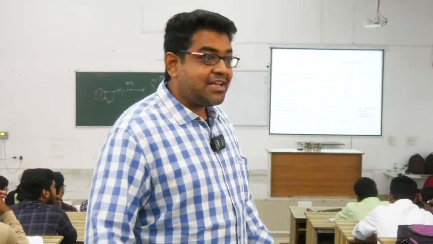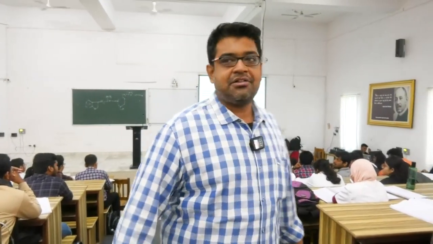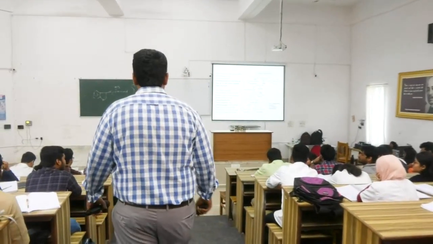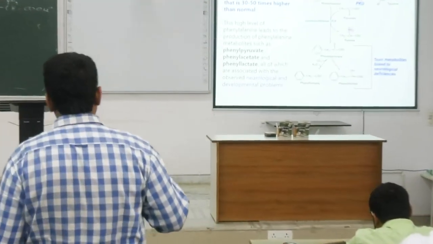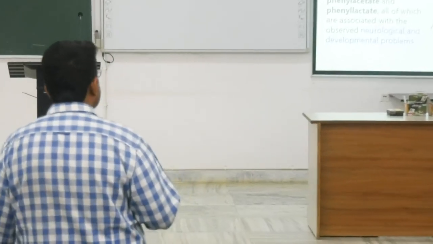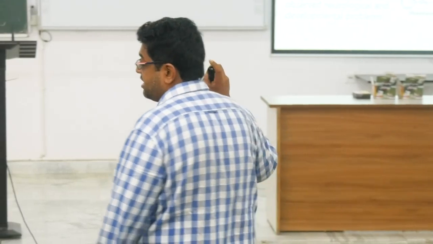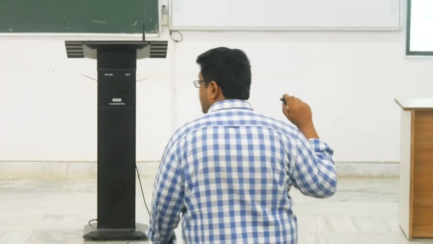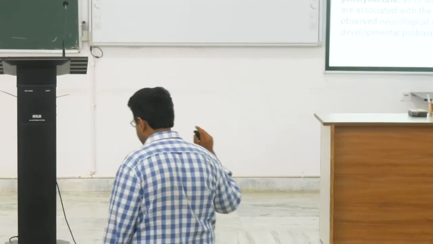Cabbage-like odor and sweat. Okay, so that is the presentation of phenylketonuria. And the biggest thing is due to the absence of what? Tyrosine, there is very much reduced amount of epinephrine and norepinephrine, which will cause demyelination and mental retardation in small children.